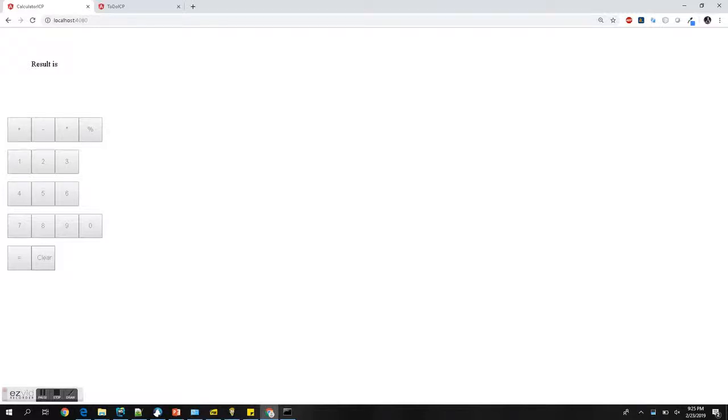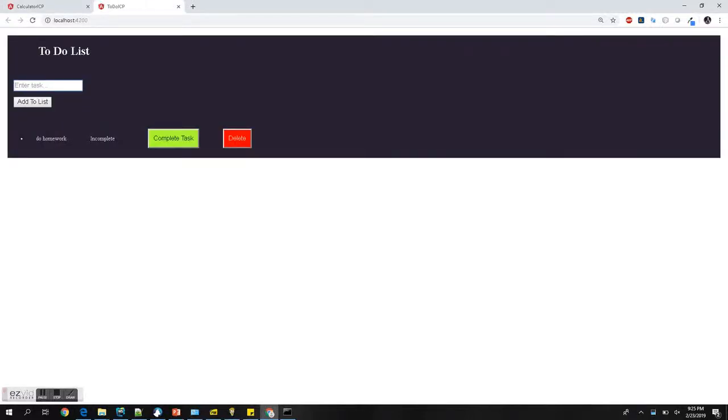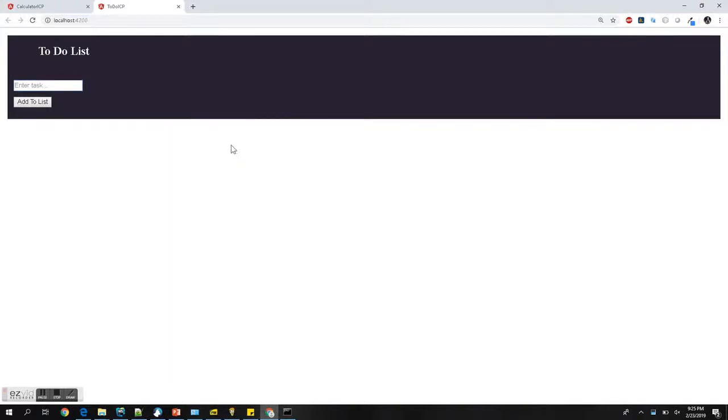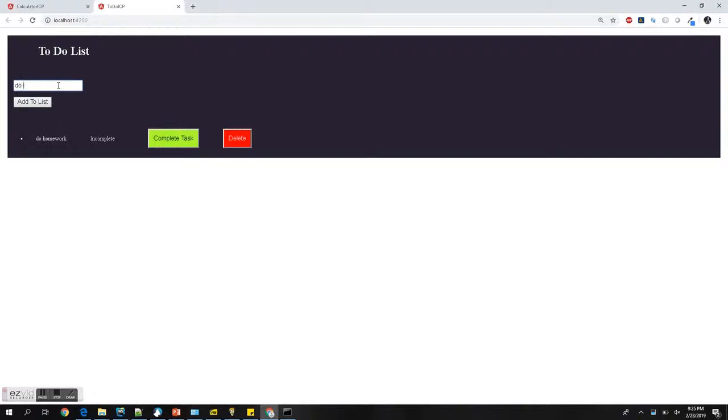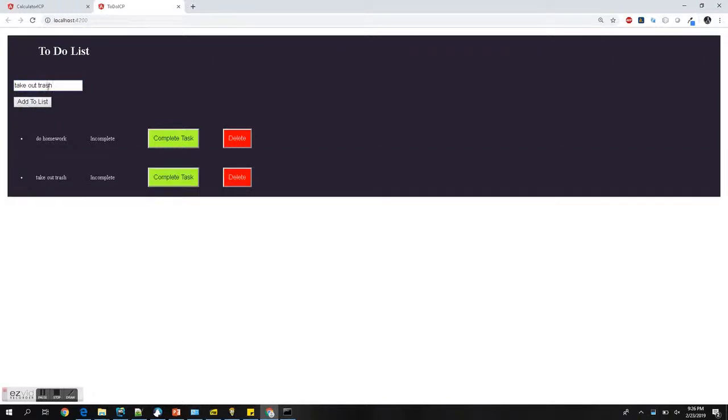The other is the to-do list. Not much prettier, but definitely a step up from the calculator. And yeah, we can add stuff like do homework or take out trash, feed the dog,